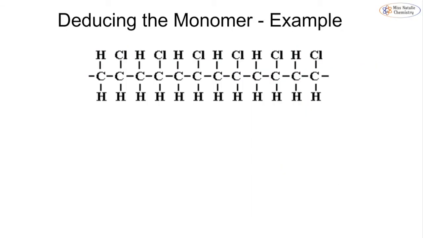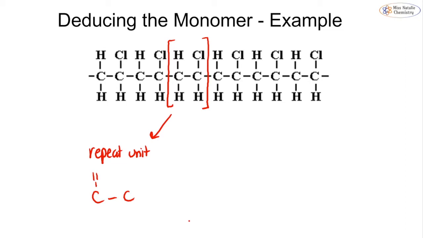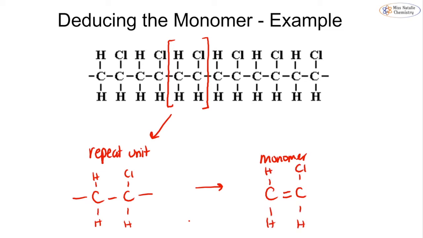We've got this polymer and we want to determine what the monomer is. So I'm going to take any two carbons that are next to each other. I'm going to just pick these two here. I'm going to remove them to get my repeat unit. So I have my carbons with a hydrogen, a chlorine, and the two hydrogens, and then I have my extension bonds. And then to get to my monomer, I'm going to remove those extension bonds and put back in a double bond,